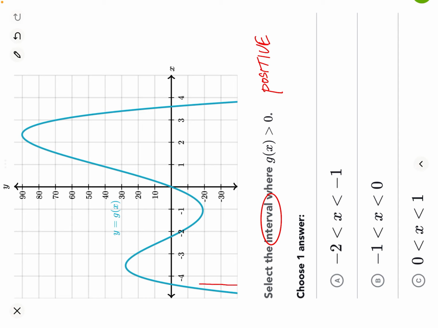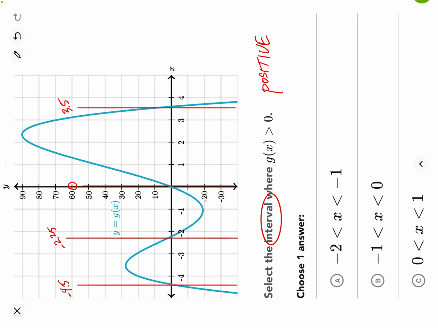So the first thing I'm going to do is draw a vertical line right through there. My next vertical line is going to go right through here. My third vertical line is going to go here, right on the y-axis. And then my fourth vertical line, let me see if I can get this to work, is going to be about there. So now that I've done that, I can look at this, and let's say this is a negative 4.5, this is a negative 2.25, this is 0, and this would be